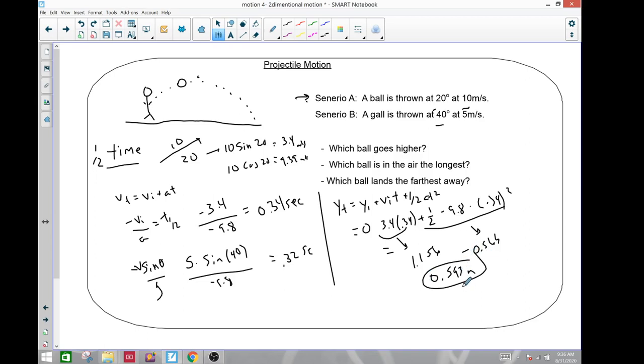Okay. And you can plug the same thing in for the other guy. Okay. So this guy does have a larger y component. He's in the air less time. It goes higher. Okay. In this situation, we have time in the air 0.32, so it's going to be y of t equals 0 plus, I didn't do this one yet, so let's just plug it in here. Initial velocity is going to be the